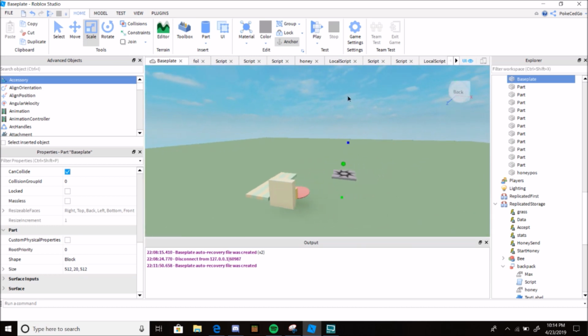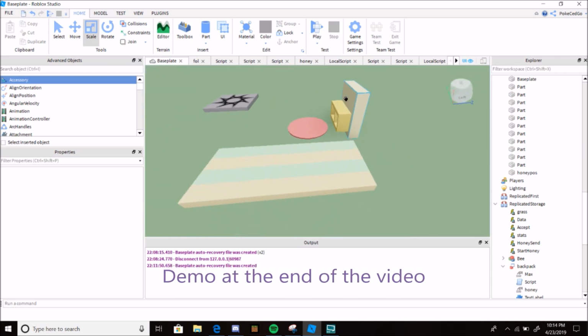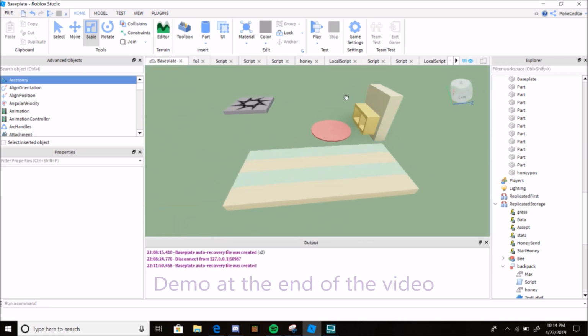This one was a bit time consuming. It is the Bee Simulator base slash bee stats. Somebody requested it. I didn't focus so much on the build, more on the scripting portion, and this isn't